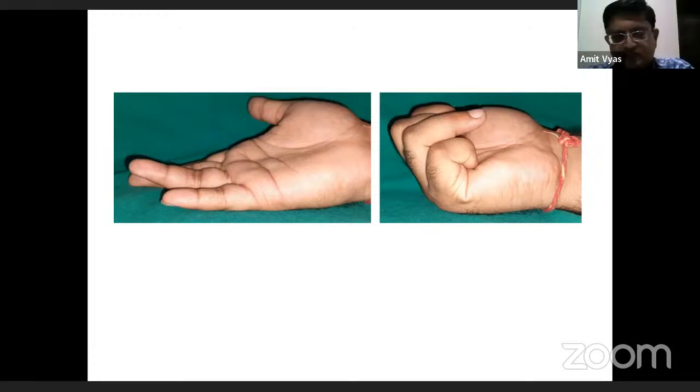So, Dr. Saini, how will you proceed? What is the duration when he has presented to you? Now it is 6 weeks. You see, this is an isolated injury to the FDP of the ring finger. Yes. So his first tripod is well functioning and intact. Now it depends upon the requirement of the patient, because a reconstructive surgery in this case